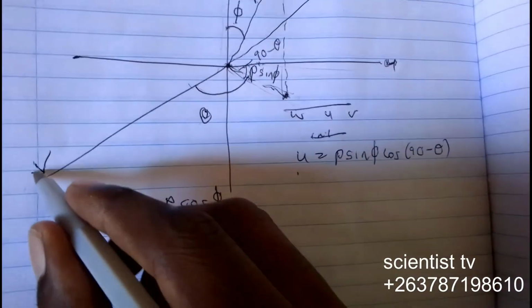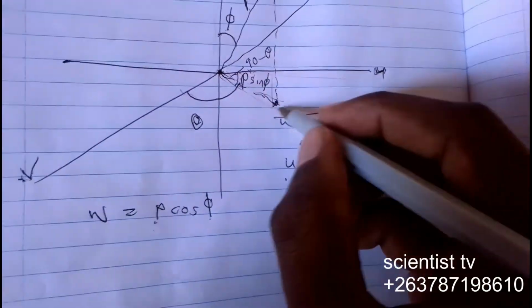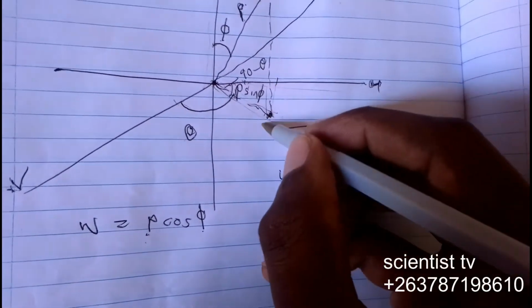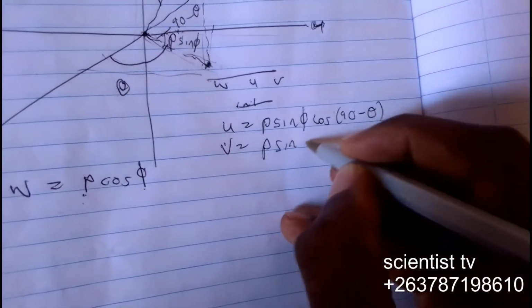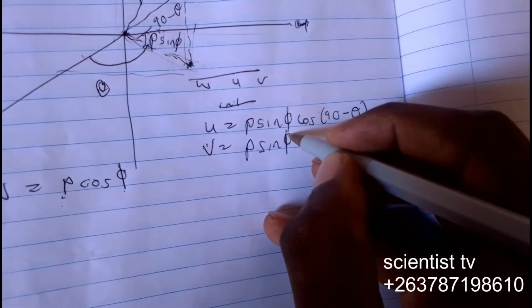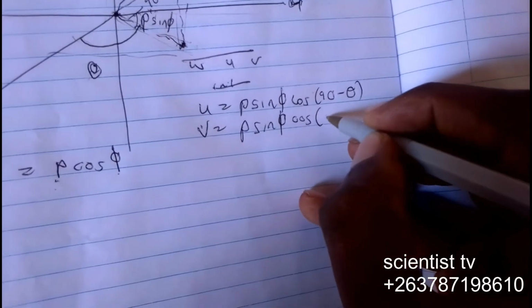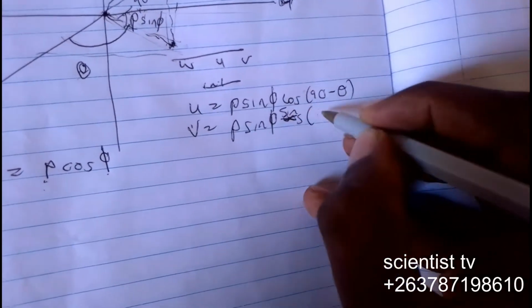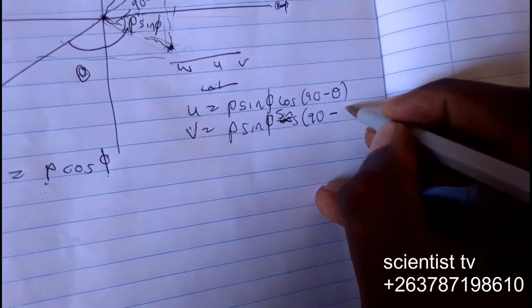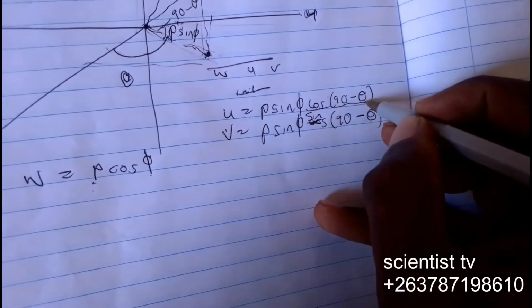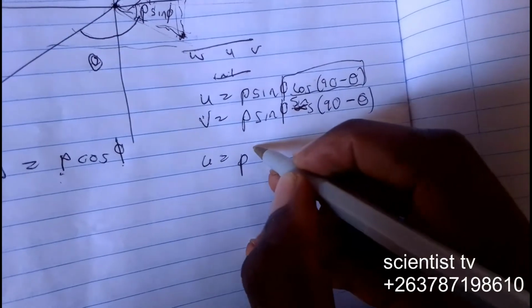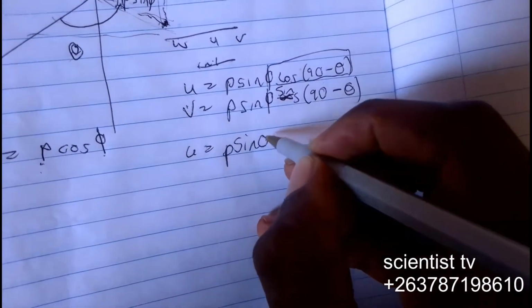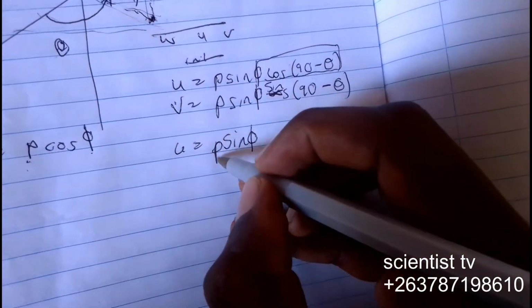In the v direction, v is equal to rho sine phi times sine of 90 minus theta. Remember from our laws, u is equal to rho sine